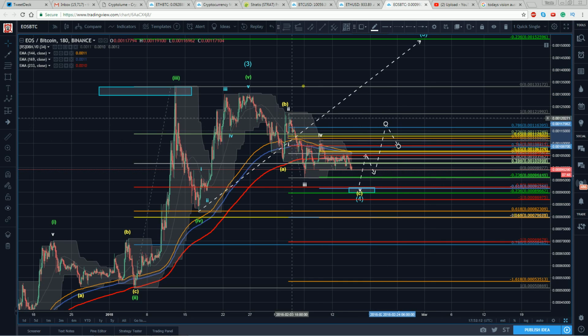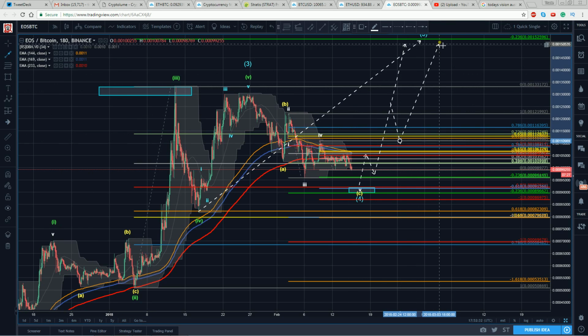Now, it's not likely to do this. We're not likely to go straight up here. There's going to be little corrections along the way. I want to get those. I want to get the first swing and the 3rd, bank a little profit. Maybe I leave half the position, and then I'm looking for a reload here to catch the 4-5. Because if I'm right, I have an unfair advantage. I have the roadmap ahead of time.